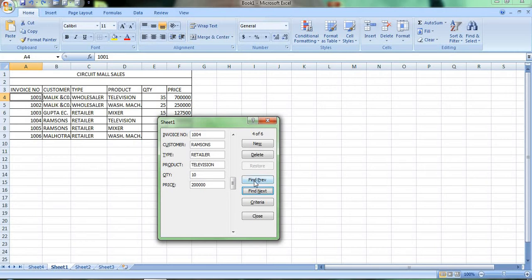So I will do Find Previous, because Malik and Co is present prior to Ramsons. I got Malik and Co. Now I'll find next, I got Ramsons. I'll find previous, I got Malik and Co. From this Criteria button, we'll be able to see all the entries related to television.